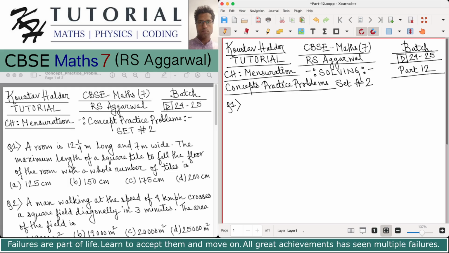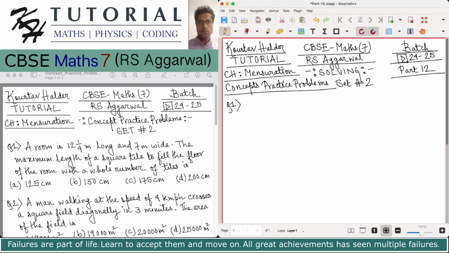Okay, so we have to cover the floor of the room with a whole number of tiles. Whole number means all the natural numbers, and including the number 0. So definitely 0 will not be the number of tiles. So the number of tiles must be greater than or equal to 1, and it will be a natural number. Okay, so let's quickly find